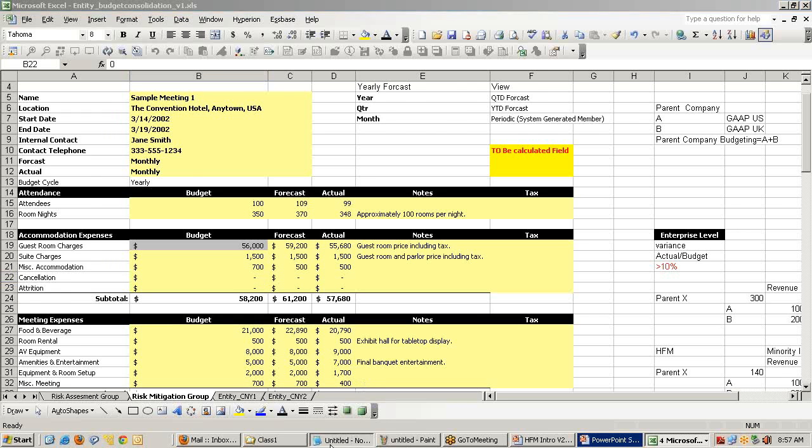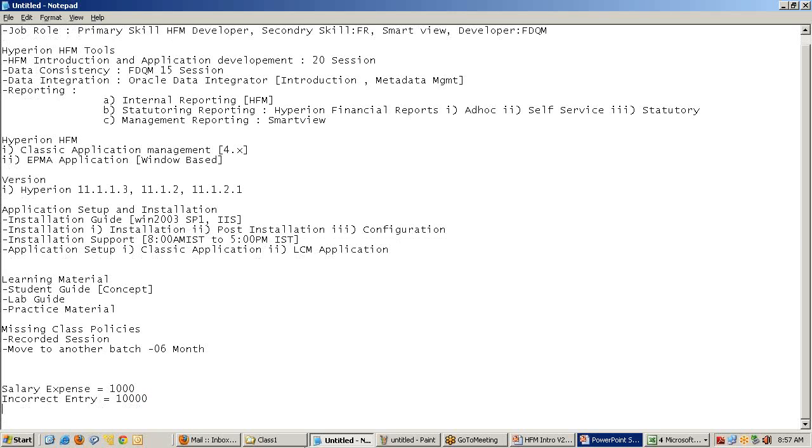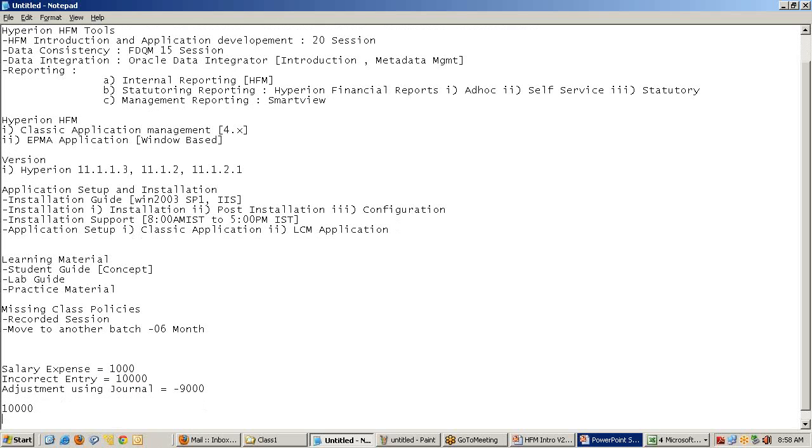Let's take a simple example. We have a salary expense. The salary expense is $1,000, but somebody incorrectly entered it. Somebody made it 10,000 instead of 1,000. One more zero has been entered. And assume this has been recorded into my books, the transaction system, and cascaded to my HFM. So I cannot simply remove this 10,000 and make it 1,000. It would be like a fraud, and you are manipulating your books. This is not done that way. We perform adjustments using journals, and in order to correct the value, my correct value is 1,000 and the incorrect value is 10,000. I need to post 9,000 to get the correct value. Therefore, the 10,000 incorrect value posting through journal is 9,000, and the